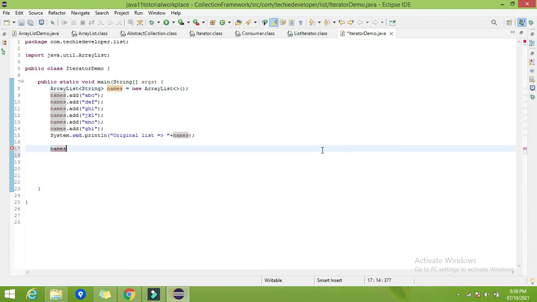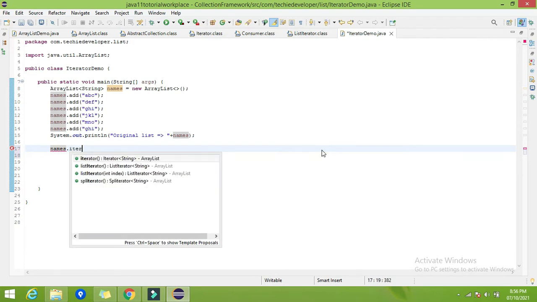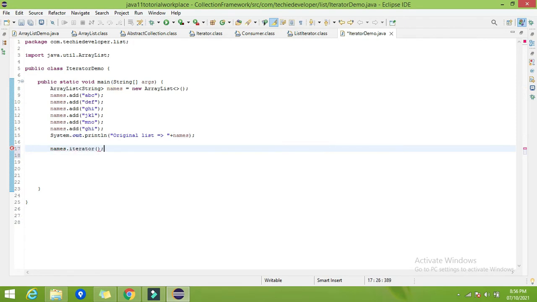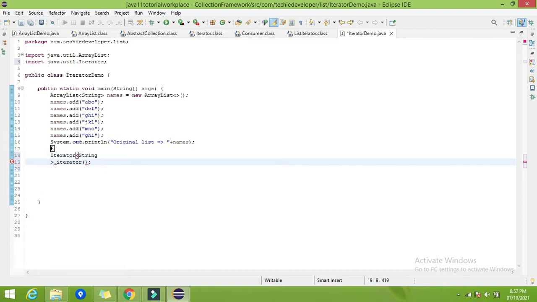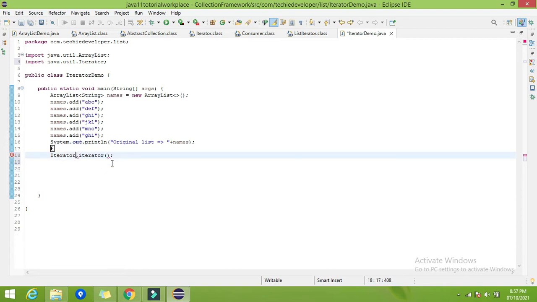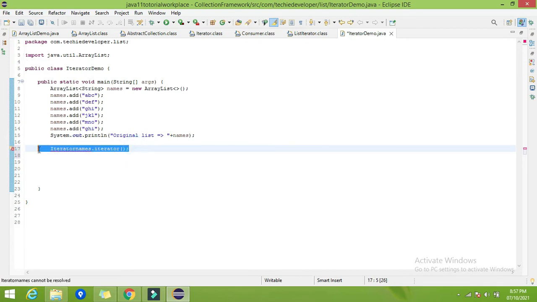So names.iterator, it will give us an iterator of type String. Let me create the object first.